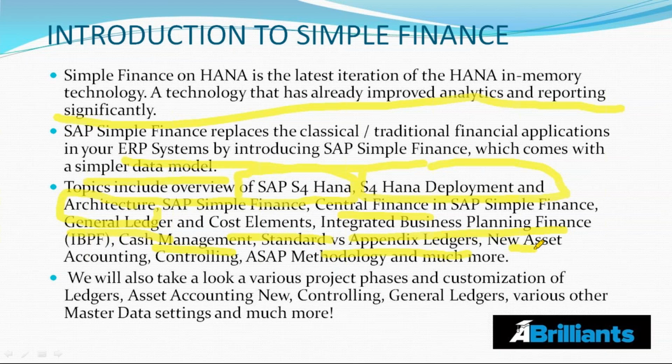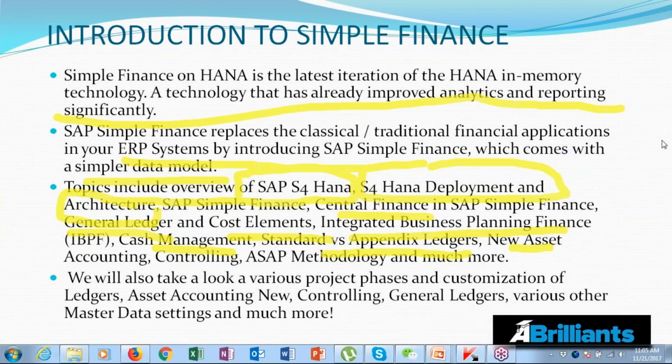We are going to look at the new assets accounting ledger, because under Simple Finance there is a total approach. We have four different approaches. We have to look at the new functionalities it brings under the general ledger, under the new assets accounting ledgers, and under universal ledgers as well. So we have to be very keen when handling these aspects, and we are going to see the differences as the training unfolds.